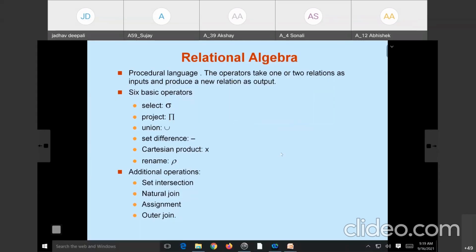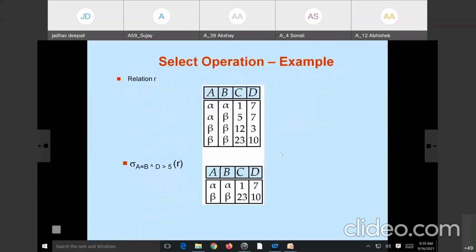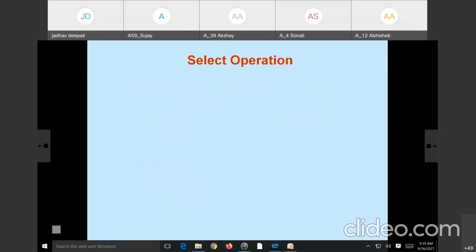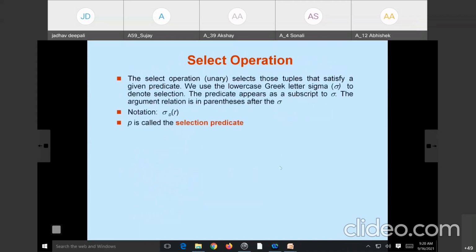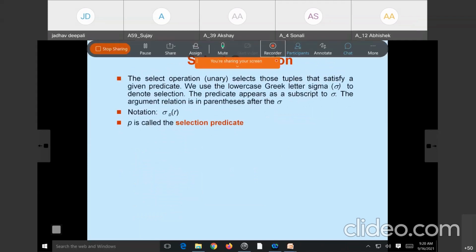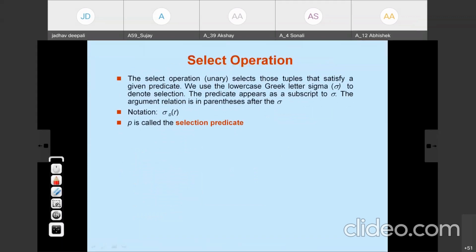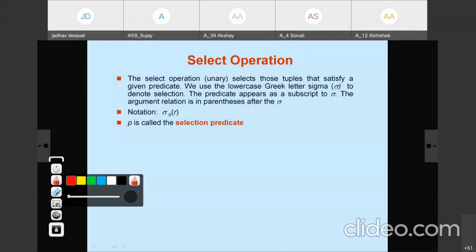We are going to start with the first operation, the select operation. As its name suggests, it selects the set of tuples that satisfy a given predicate. The select operation selects the tuples from the given relation that satisfy the given predicate.